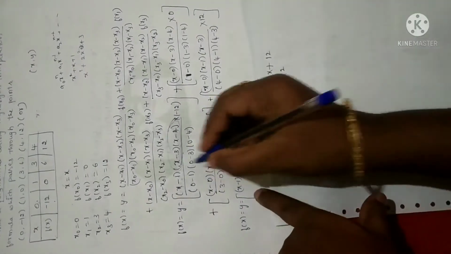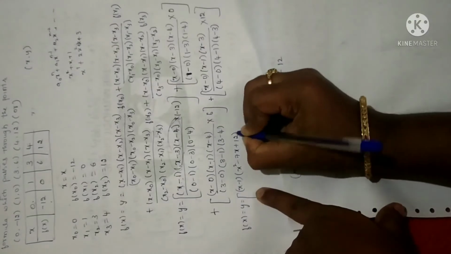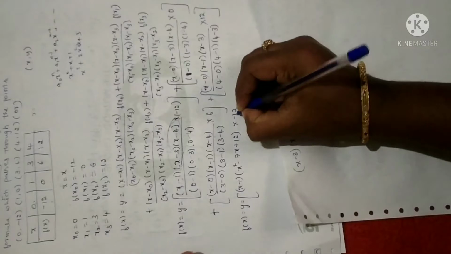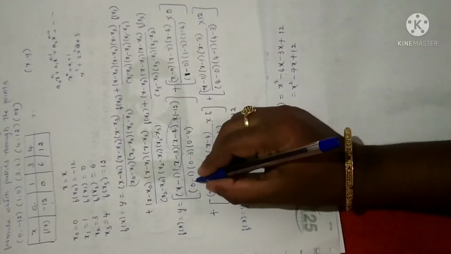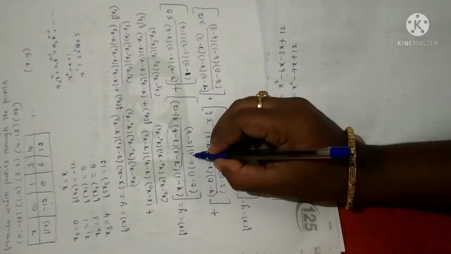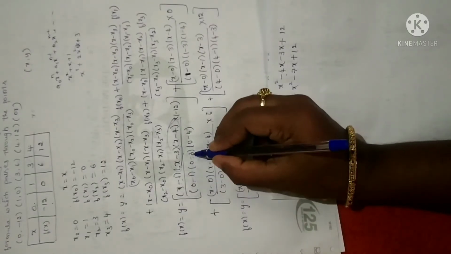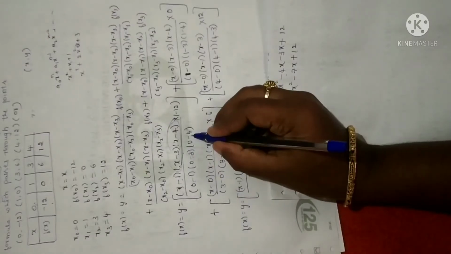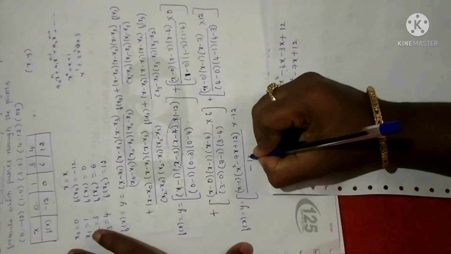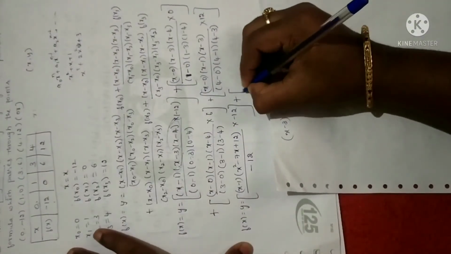Now I am going to substitute directly. So you will get x square minus 7x plus 12, into minus 12, you just keep as it is, divided by the denominator. Now you calculate this. 0 minus 1 is minus 1. Minus 1 into minus 3 into minus 4. Minus into minus is plus, 3 into 1 is 3. Again plus into minus is minus, 3 4s are minus 12. So the denominator will be minus 12. Clear? The first term simplification is done.